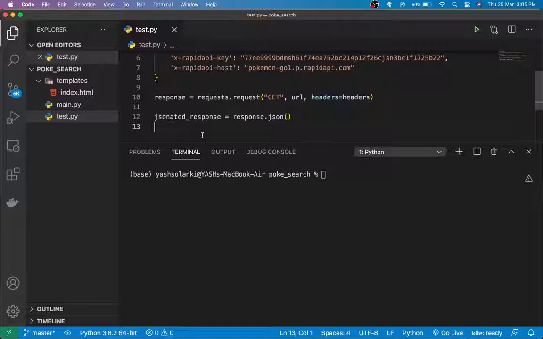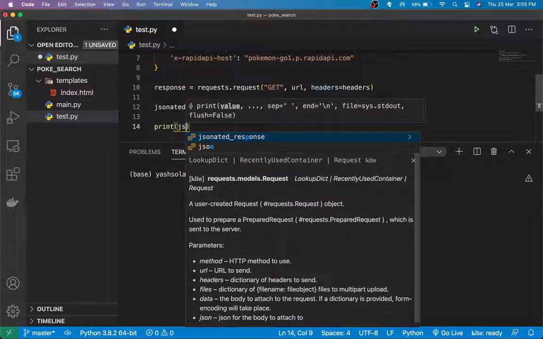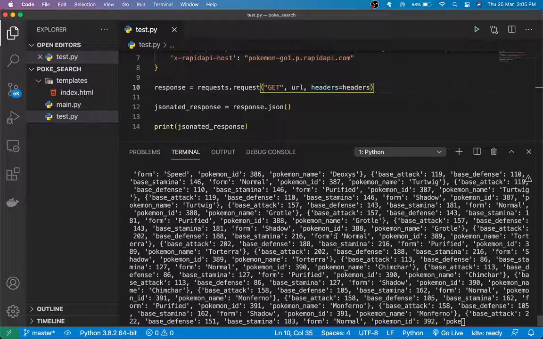So actually, let me just show you something. Even if I print out the jsonated response over here and simply run this program, you will see that the response is pretty similar. As you can see, it is literally the same thing,